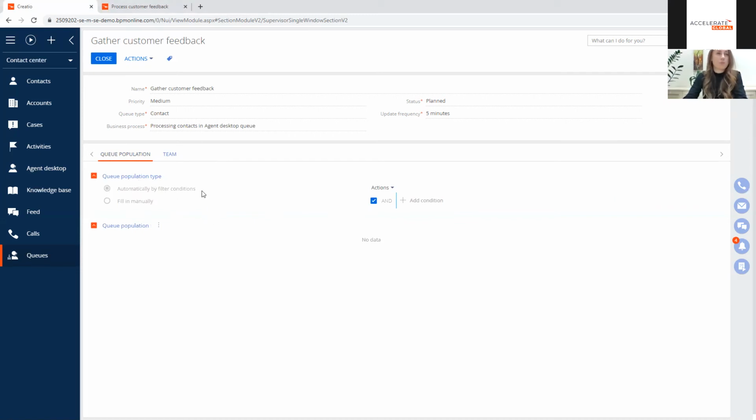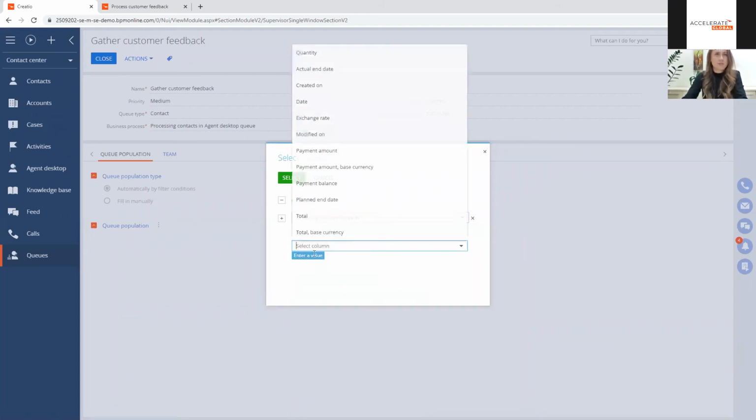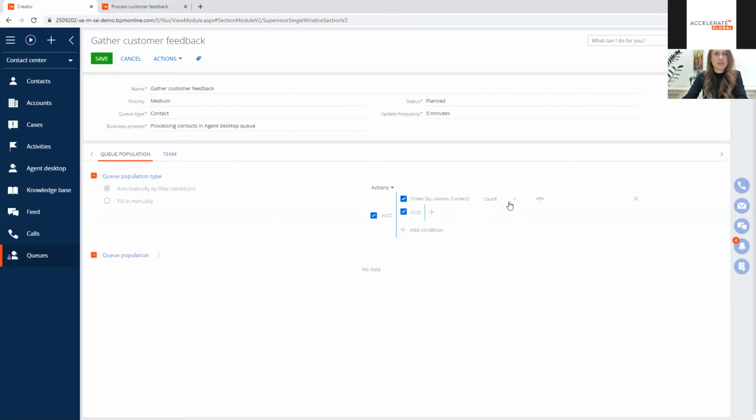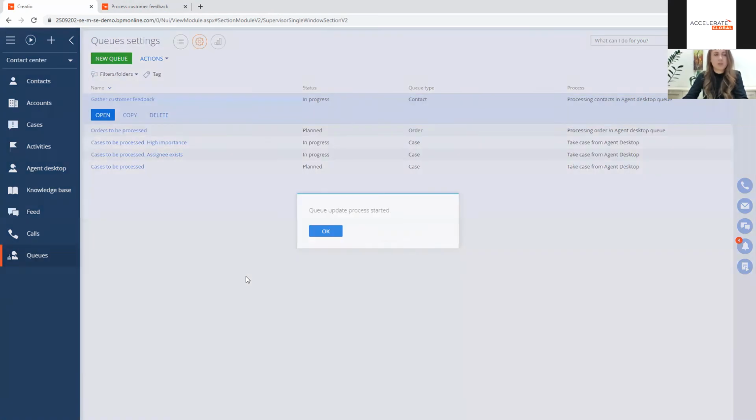And now I can set up my queue population. The queue is going to be populated automatically. I can set up the conditions. Let's say that contacts that have orders in the system, that's the contacts that we will see here in this queue. And I can go into in progress right away, so I can see this queue in my agent desktop. So I'm going to click fill queues,